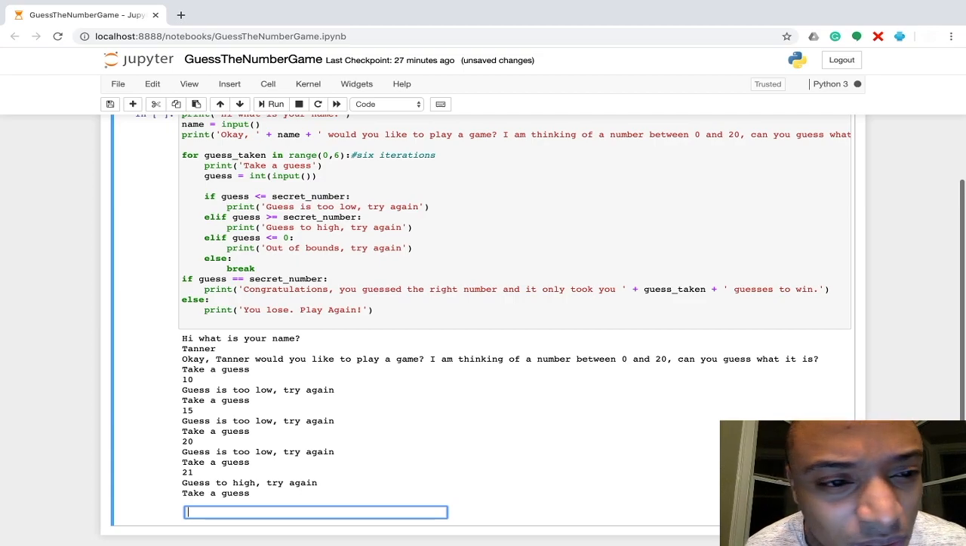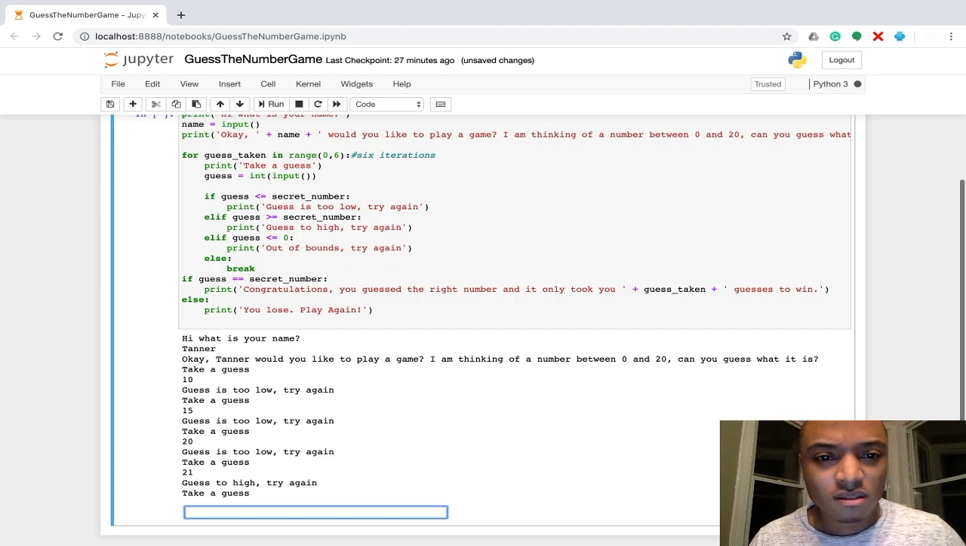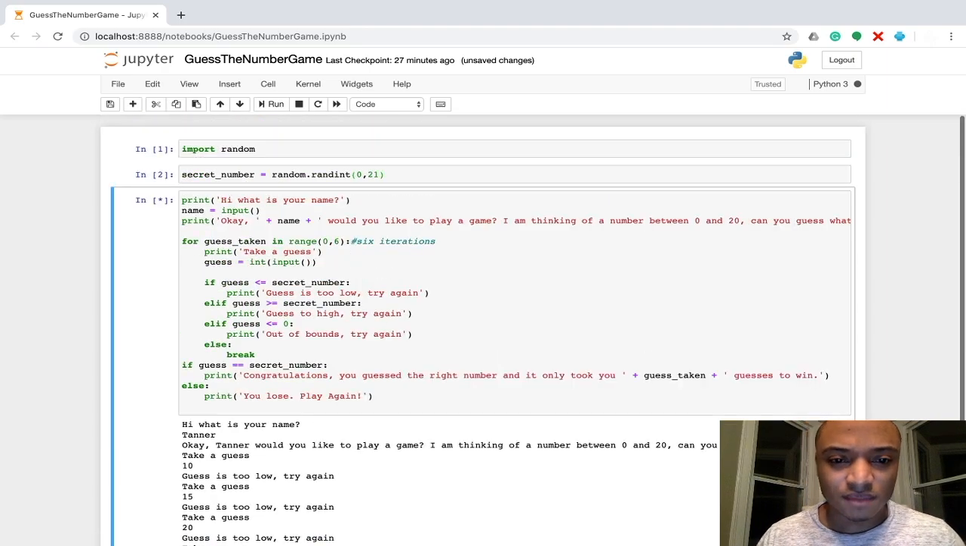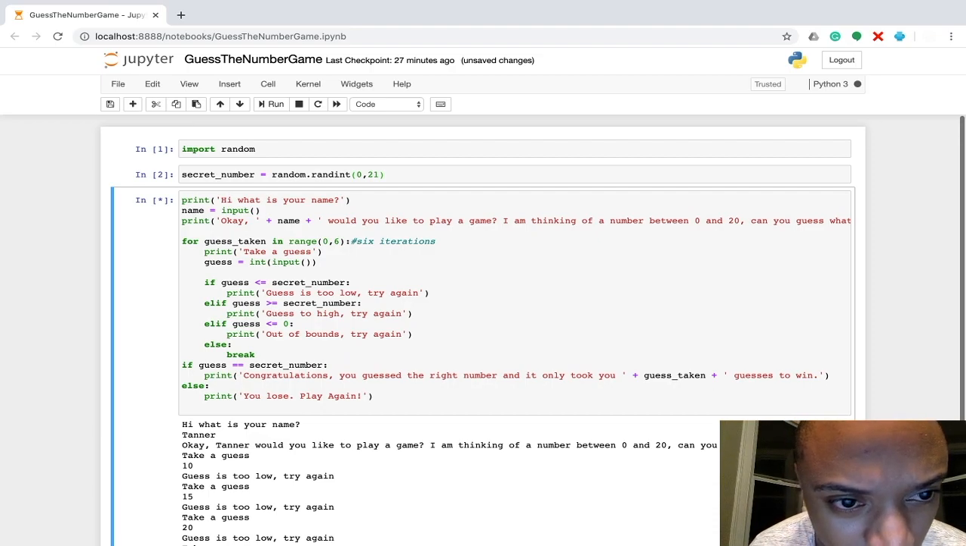Where did we go wrong? Guess is too low. Try again. Take a guess. So let's go back up here, because if it's telling us that 20 is too low, we missed something in our if else statement. So let's go over this again. If guess is less than or equal to secret number, print guess is too low. Okay. If guess is greater than or equal to secret number,